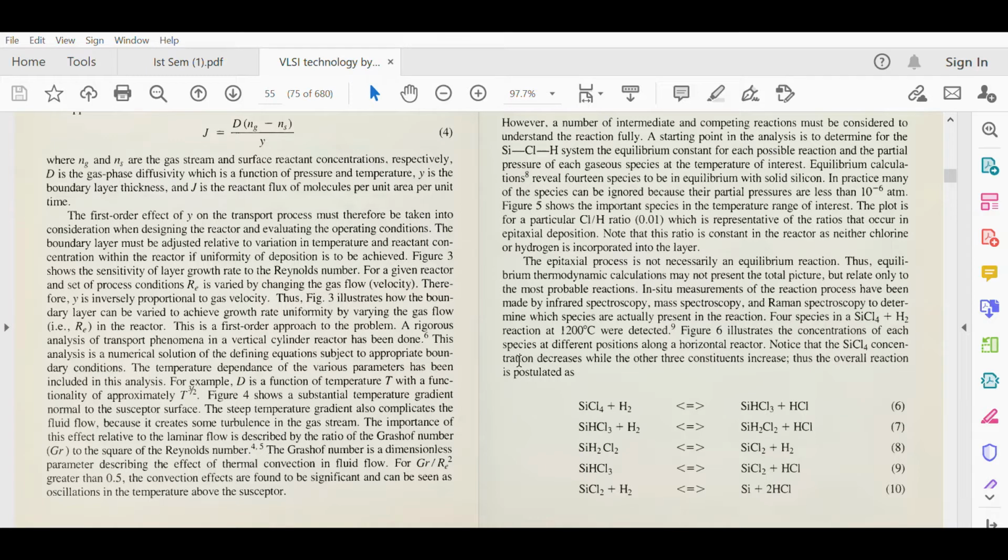Thus, the overall reaction is postulated as follows. Hydrogen reacts with silicon tetrachloride, and one HCl is produced. Again, the subproduct is taken over here. Then again, H2 reacts with that, and again an HCl is produced. One silicon, one chlorine is combined here. Then again this SiH2Cl2 is taken over here. Then this will be decomposed as SiCl2 plus H2. SiHCl3 can also be written as SiCl2 plus HCl. So SiCl2 plus H2 will give you Si plus twice HCl.